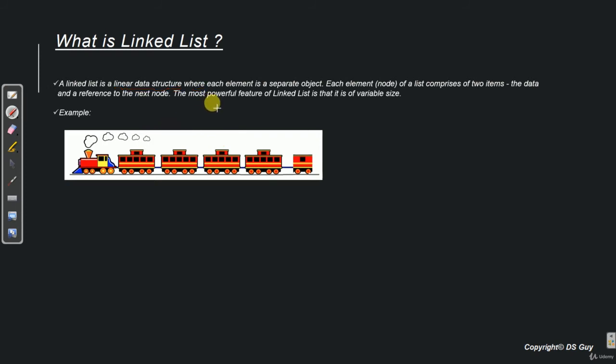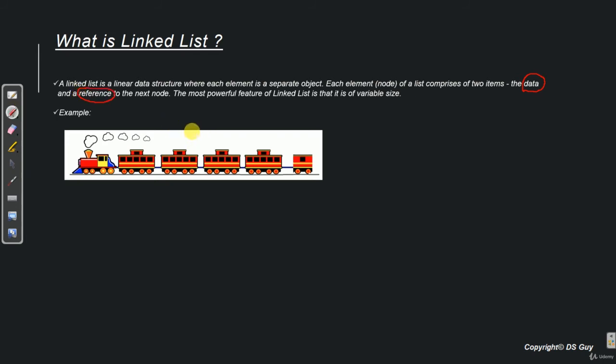Now the next thing that the definition talks about is that each element is a separate object. We can see in this train that all these compartments are separate objects. Their existence does not matter much to the train. So tomorrow if we remove this compartment, the train will still work fine. Next, the definition says each element comprises two items, that is data and a reference to the next node.